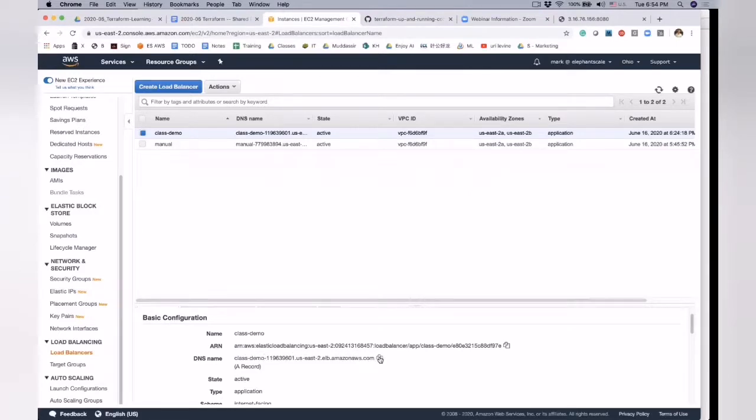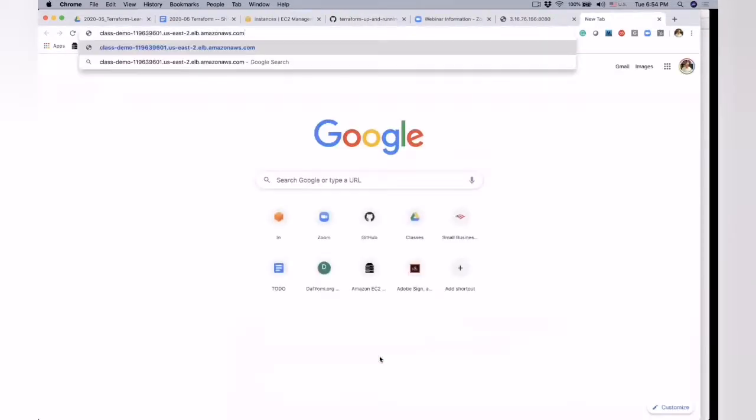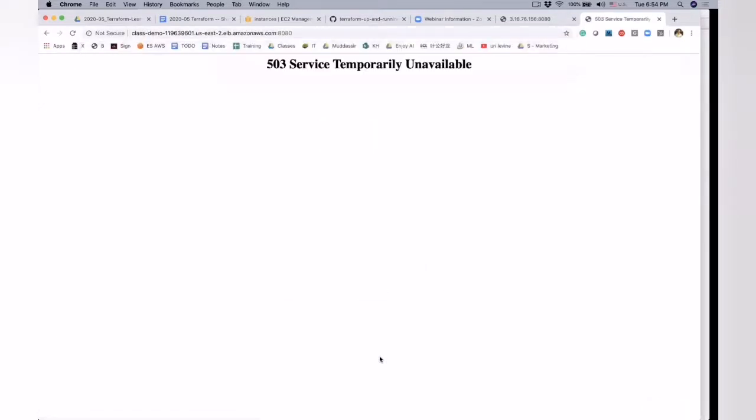I'm not 100% sure. Copied right here, and then 8080. Let's see if that works. Okay, so that's what I got. That's something that bothers me now. That's not right? It shouldn't be like that. But in any case, it is the right IP, and it responded right away.